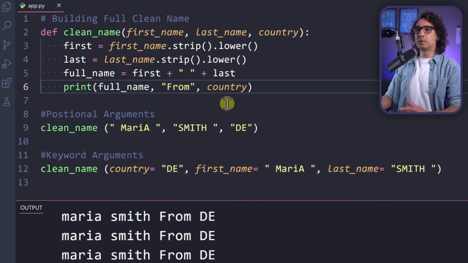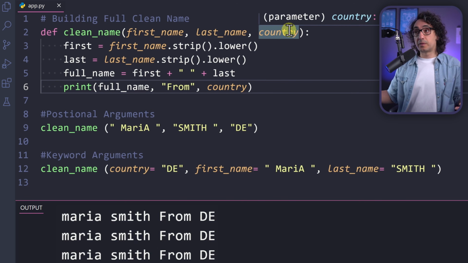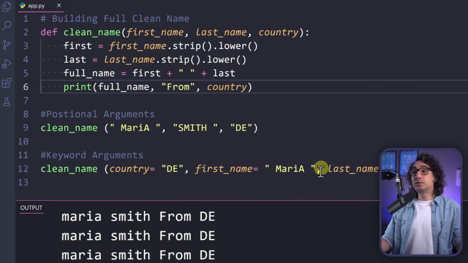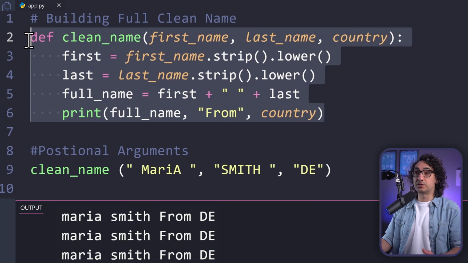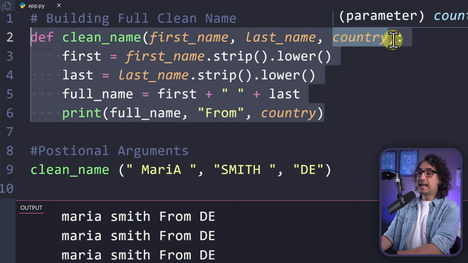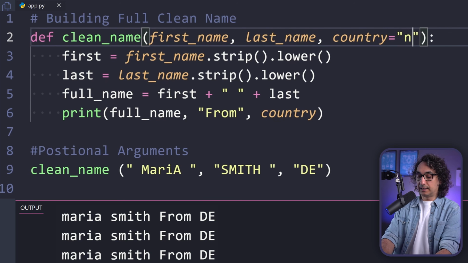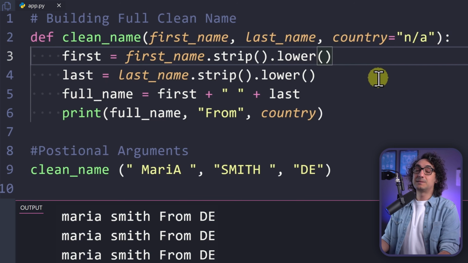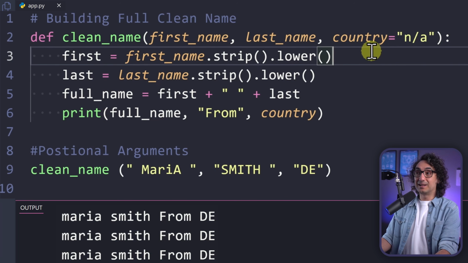Okay, so by looking at our example, what could happen is that you have a registration form with some optional fields, like for example, the country information. It's totally up to the user whether they enter their country or not. And if they don't enter the country, the program should not break. So that means we have to add a default value in case we don't have the country in the call, and we can do that in the function definition. So we're going to go to the parameter over here and add a value for it. Not only the parameter name, but also a default value, like for example, NA, not available. So that means, my friend, it is very simple. If you see a value inside the definition, then this value is actually the default.